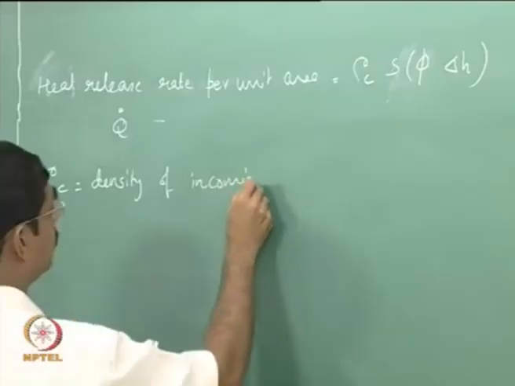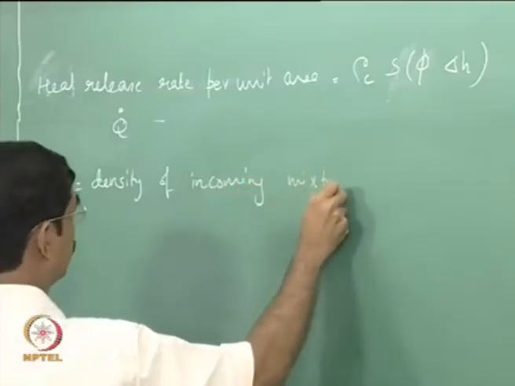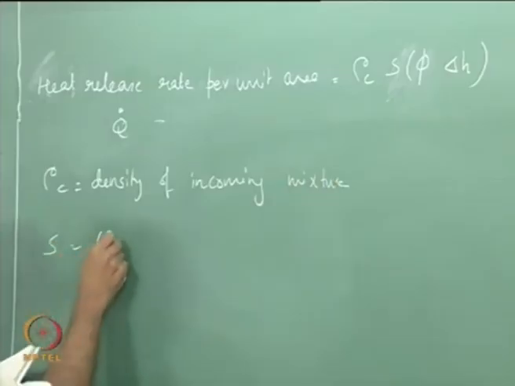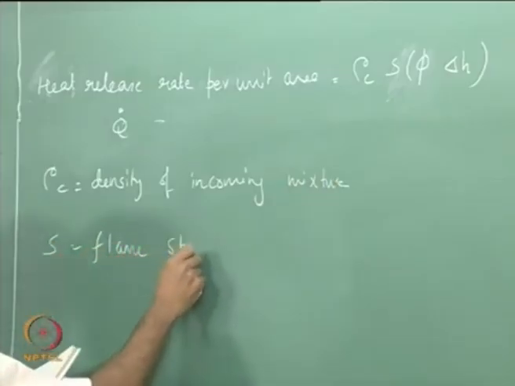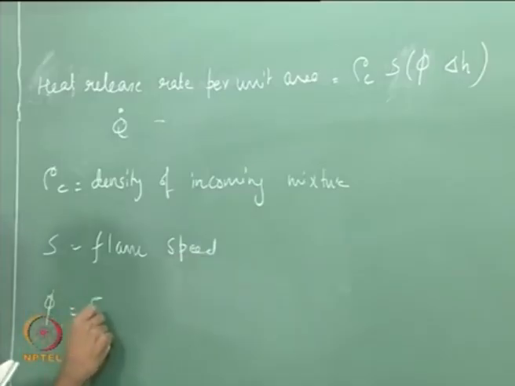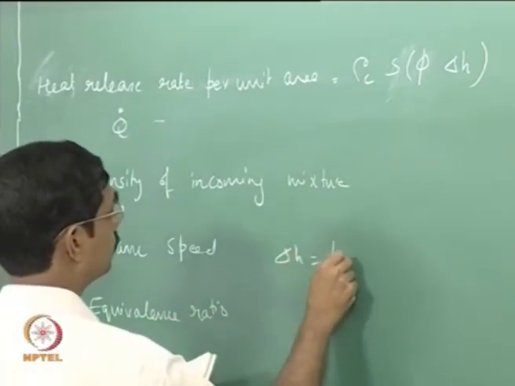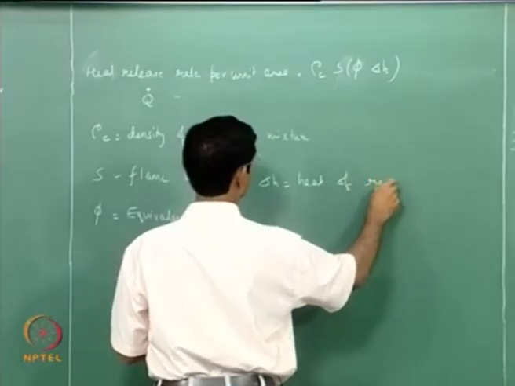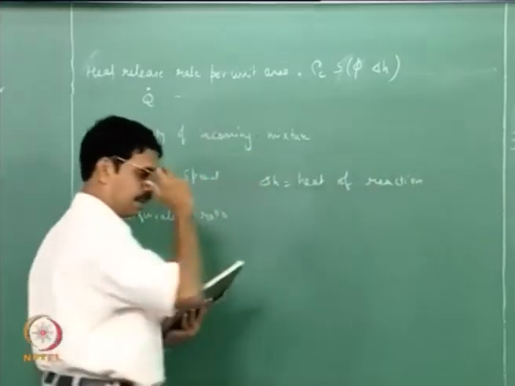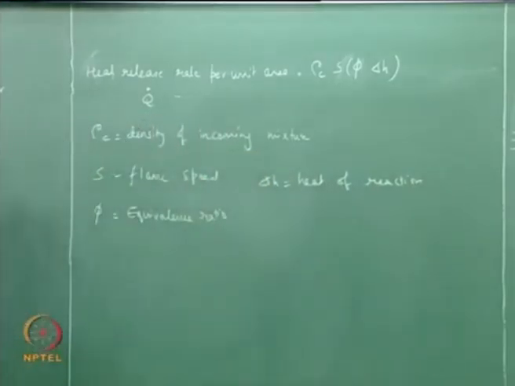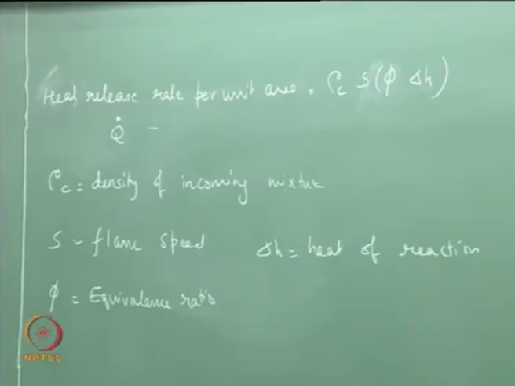rho C is the density of the incoming mixture, S is the flame speed, phi is the equivalence ratio. I did not write S_L, I wrote S. So the combustor need not have a laminar flame. Surely industrial combustors would not have a laminar flame. So if you are talking about a linear system